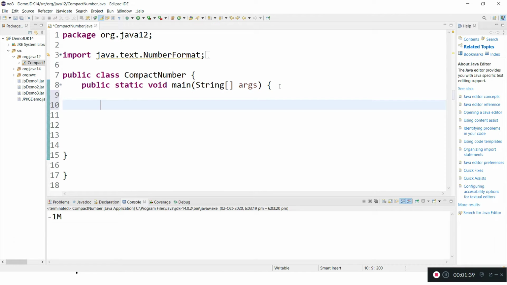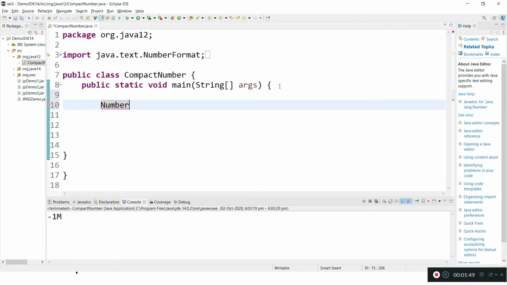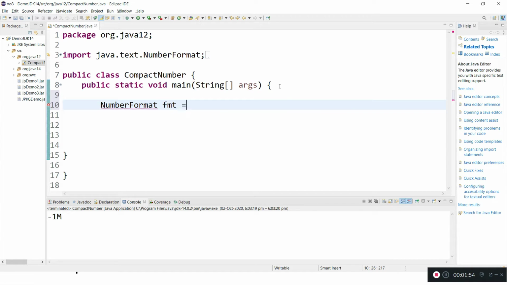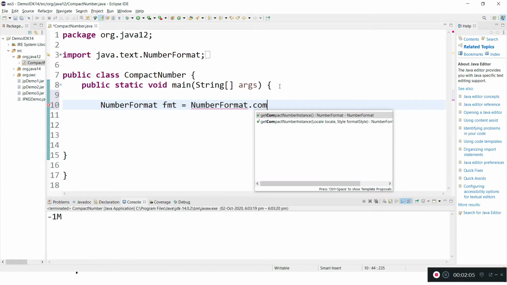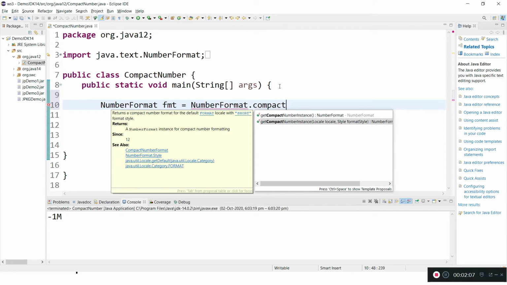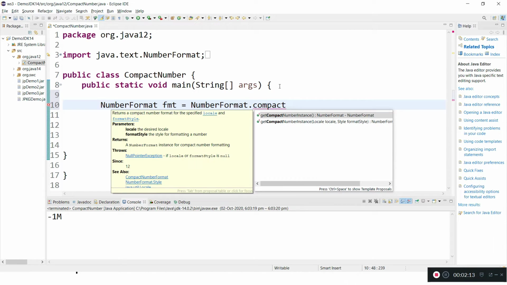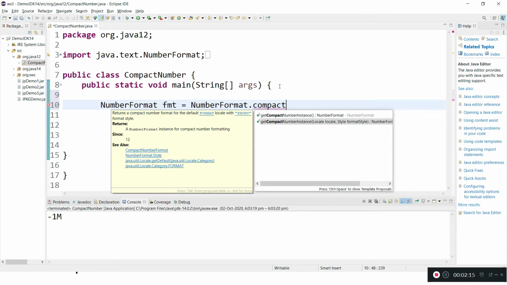To derive the locale compact number format, we have to use the NumberFormat class, from java.text. fmt equal to, this is a factory method we have to use from the NumberFormat class, getCompactNumberInstance. There are two methods, getCompactNumberInstance and another one with arguments. We will go with the second, where we can define the locale and style.